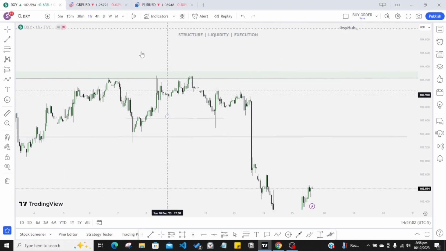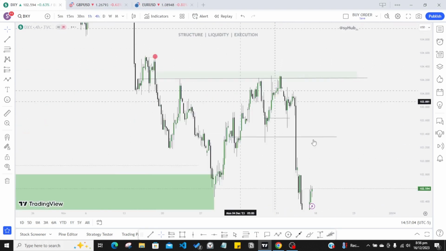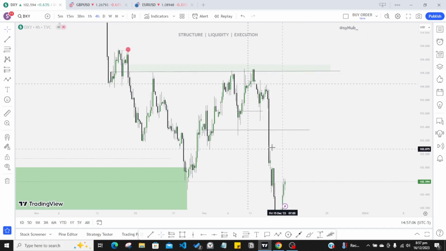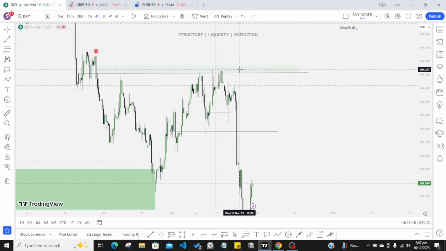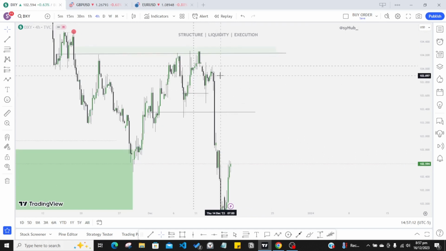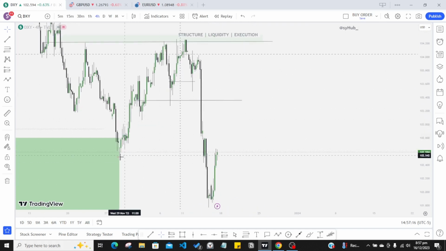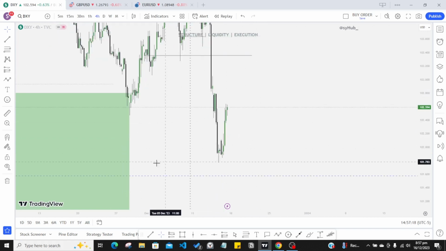So after seeing this, let's go back to the 4-hour chart. After seeing this huge displacement, our buyers automatically shift to the downside. We were not expecting price to come back up here again because we've seen sellers in control of the market. So what we were expecting is price to take out this low and target this level here, but price hasn't